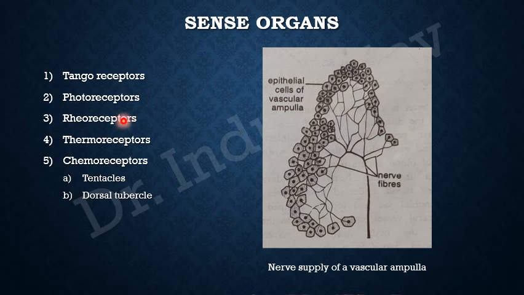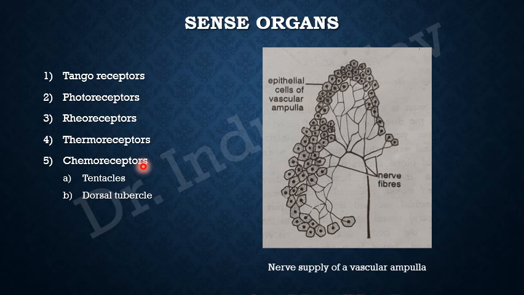The third kind of sense organs are the rheoreceptors. They are sensitive to water currents. These cells line the apical margins of siphons, because water enters or leaves the body from these structures, the branchial siphon and the atrial siphon. So the rheoreceptors are present in the margins of these structures. The fourth are the thermoreceptors. They are sensitive to temperature. These cells lie in the siphons, again to test the temperature of the water, whether it is appropriate to take in or not.